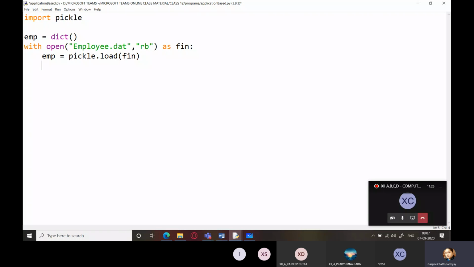This will read the entire content of the disk file. Not the entire content, it will read one object at a time. Because we are going to read individual objects, we will be using the try and except block. So this will read the very first object from the file, and now we will check if